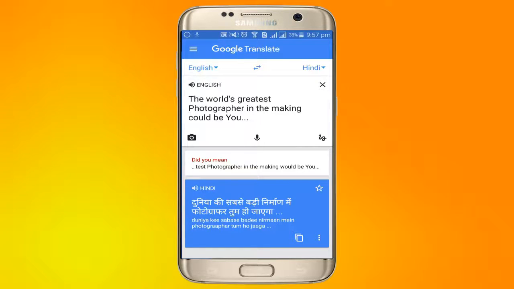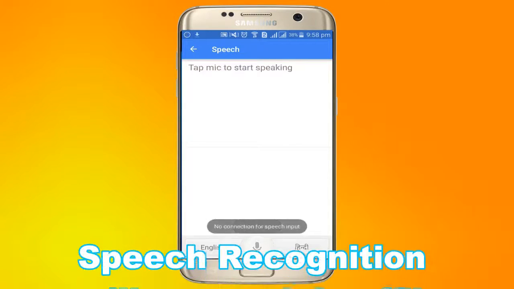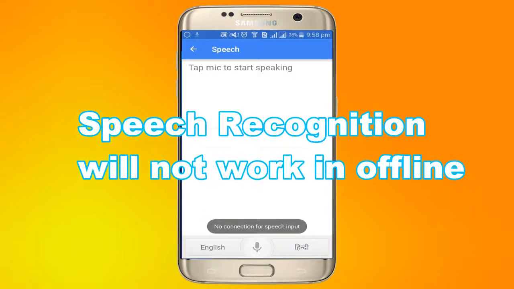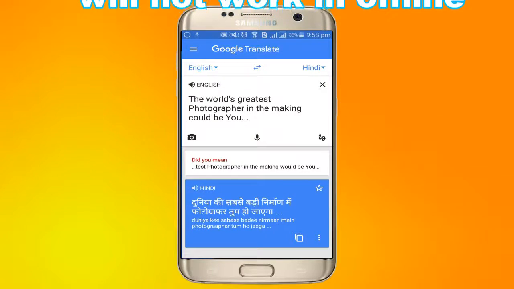Here you can see a speech recognition option. So if you are in offline mode, you can't access this feature. So here we got another feature, that is handwriting mode.